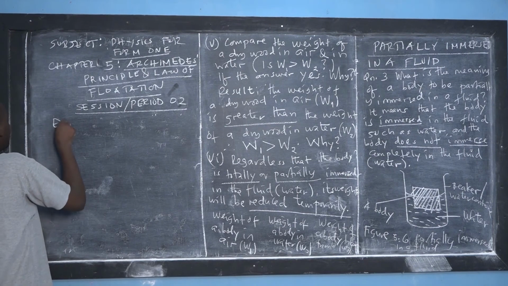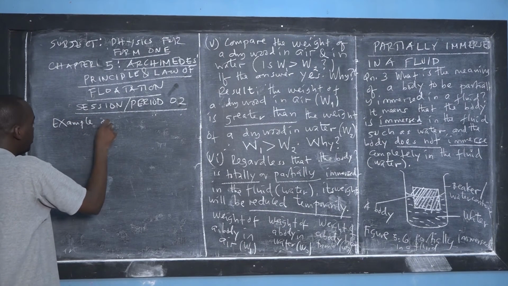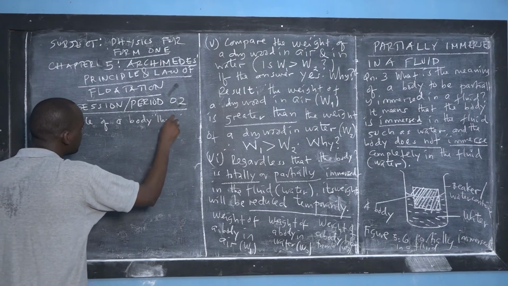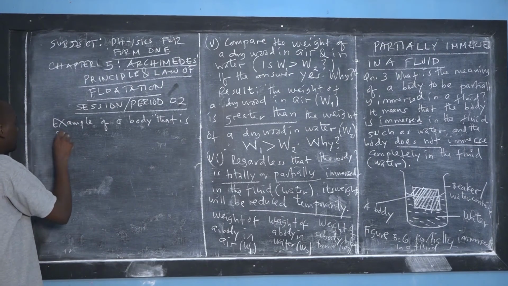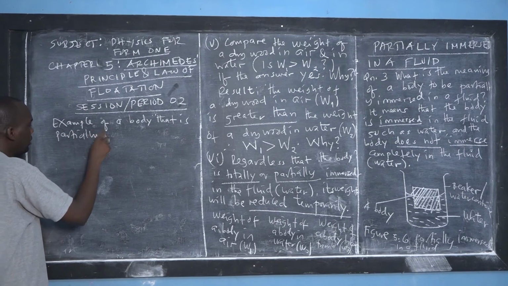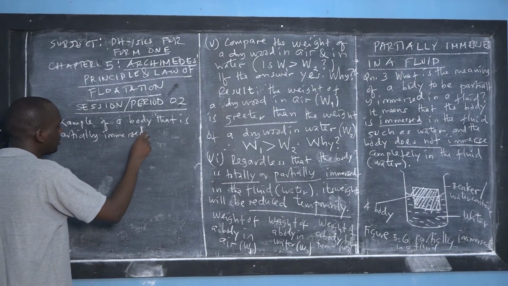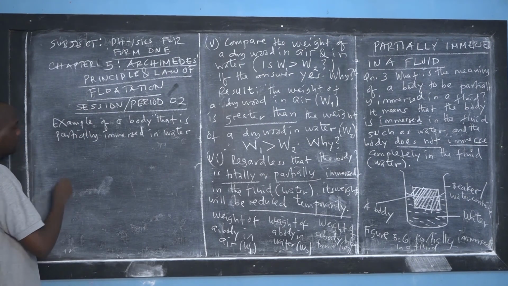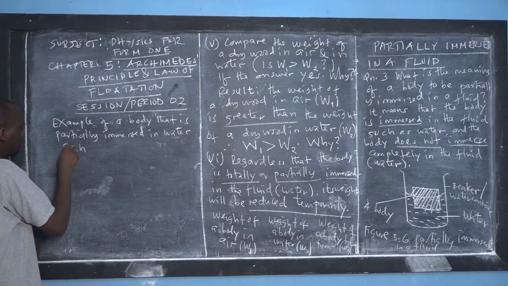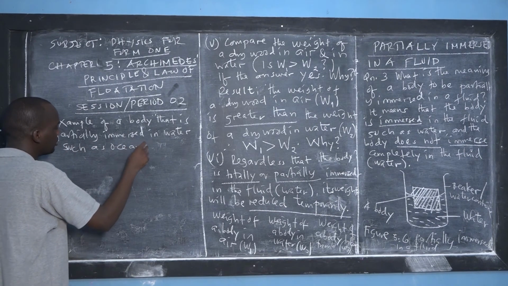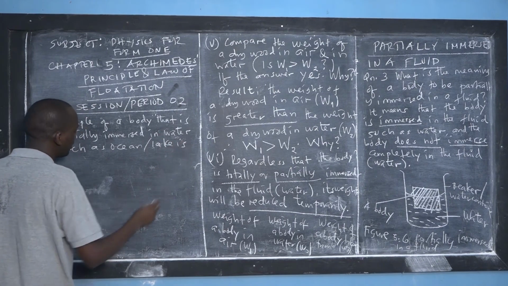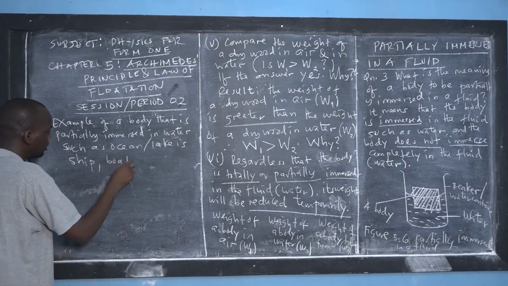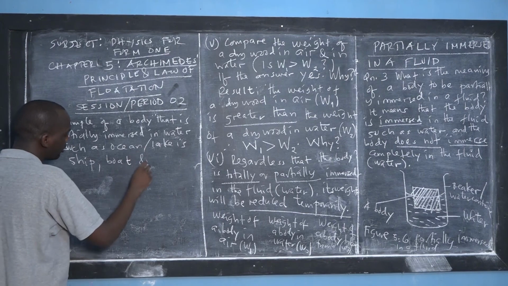So an example of a body that is partially immersed in water, such as ocean or lake, is a ship, and then you have a boat. Also you have dry wood,